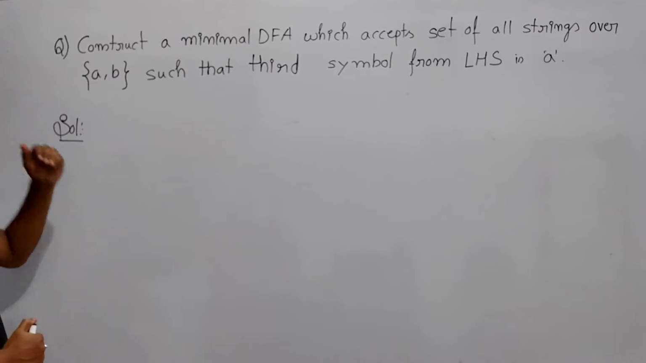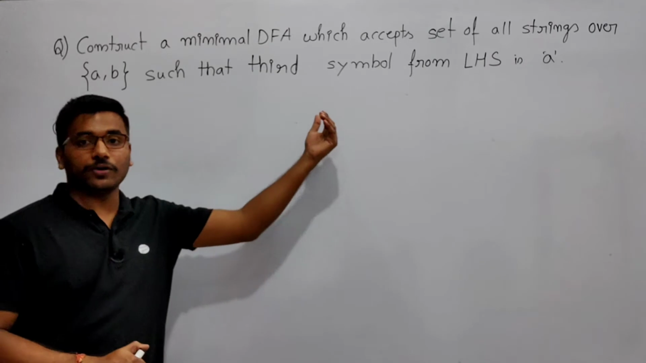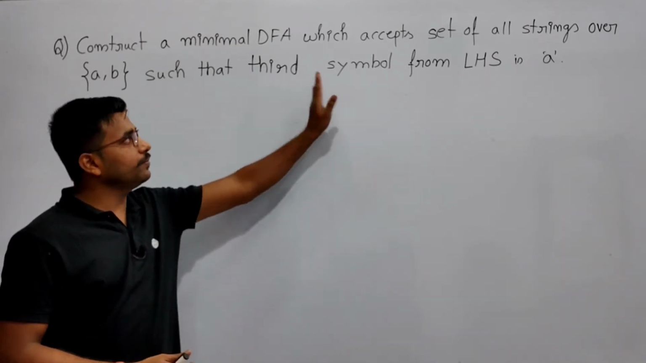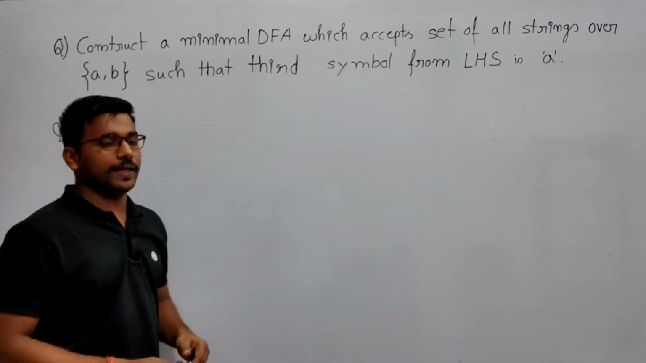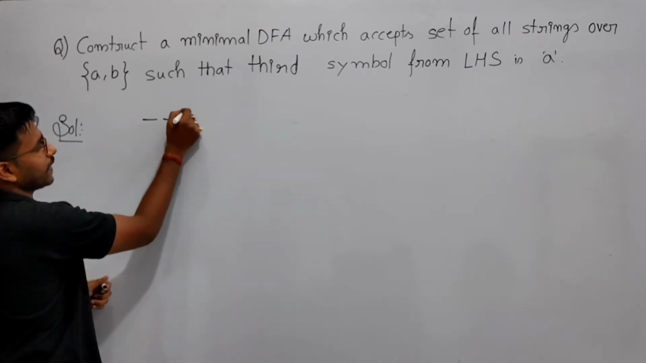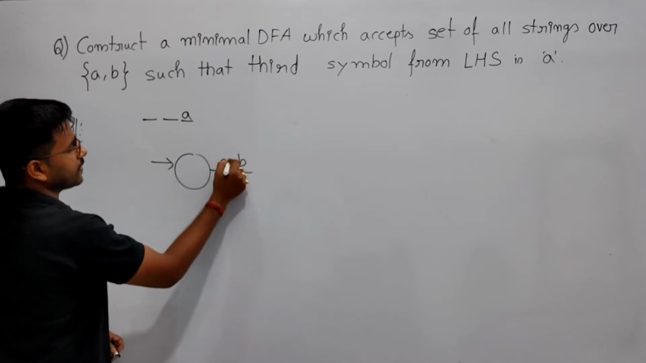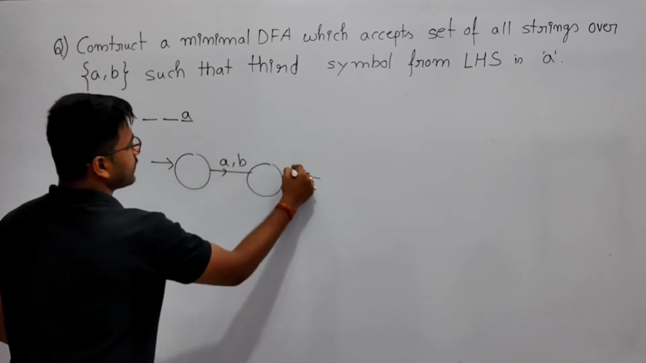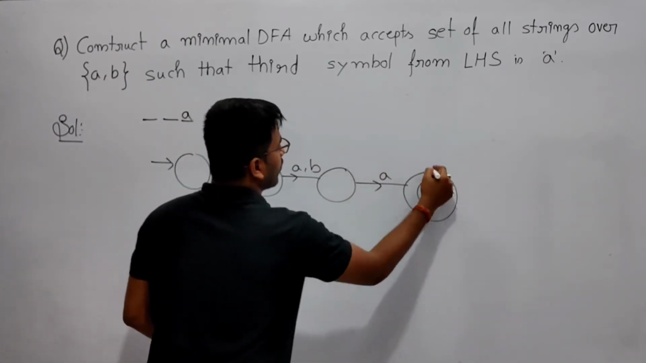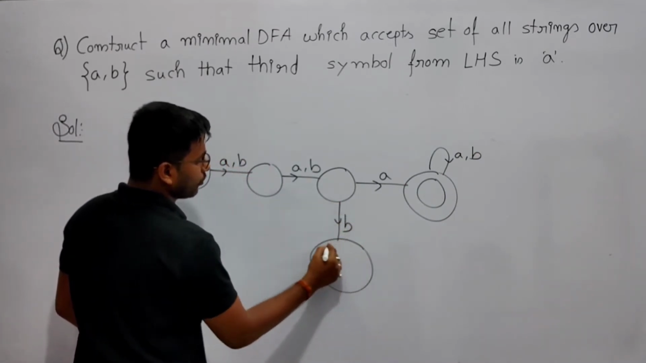Now see, it is saying construct a minimal DFA which accepts the set of all strings over {a, b} such that the third symbol from the left-hand side is a. So the first symbol can be anything, the second symbol can be anything, but the third symbol from the left-hand side should be a. So from the initial state, on getting a or b as the first symbol, anything you can have. For the second symbol again you can have anything, but the third symbol should be a, then accept it. After that, any combination of a, b, but if you are getting b, reject it, go to the dead